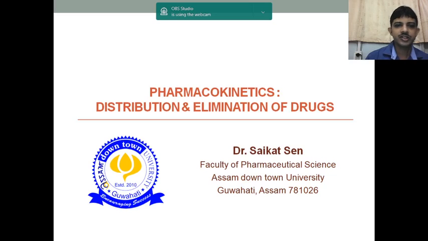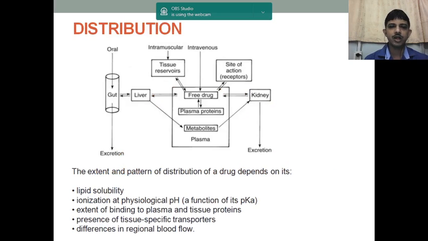We are going to discuss the distribution and elimination of drugs. Already we have discussed drug absorption. When the drug is absorbed, for example through the oral route, it goes to the gut, and from the gut it will enter into the